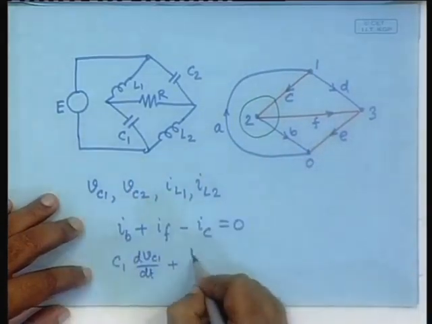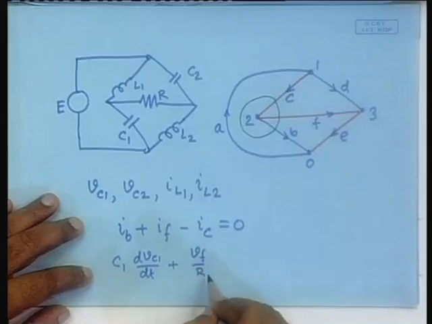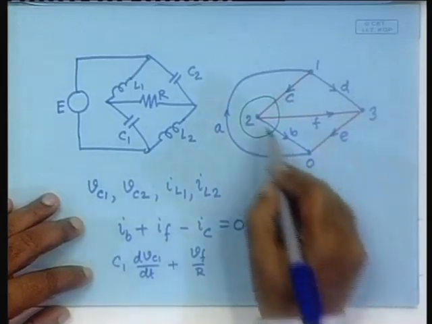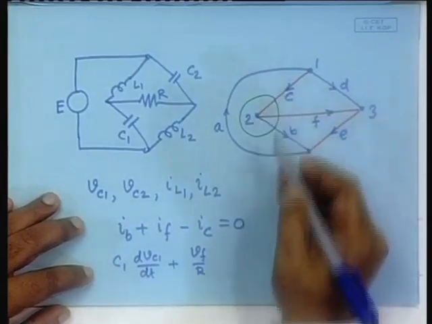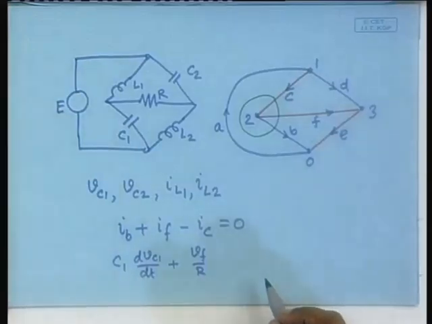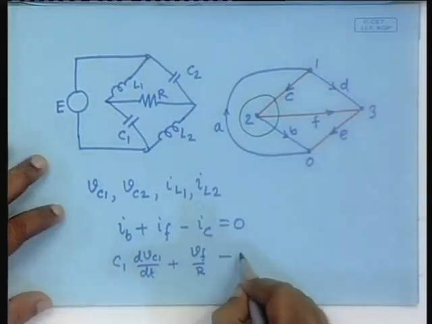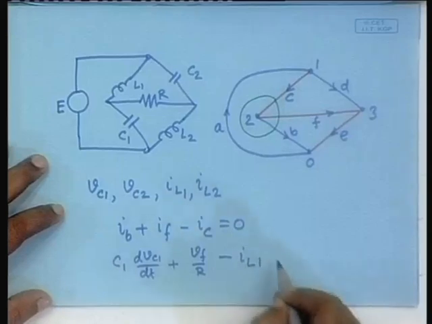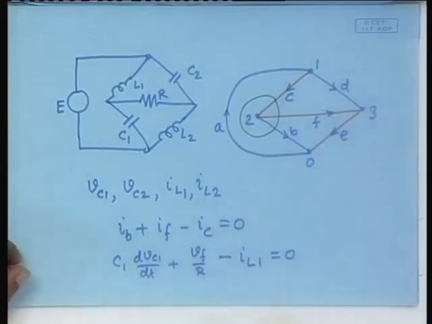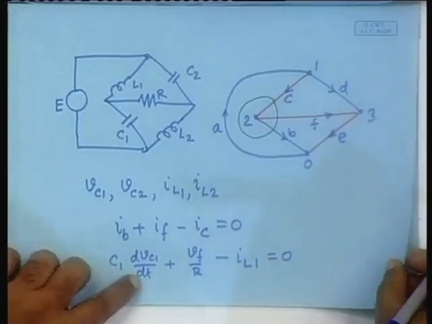IF is VF by R, that is enough, and IC is also a state variable, IL1. Good. So, we can take this one to the left hand side and write